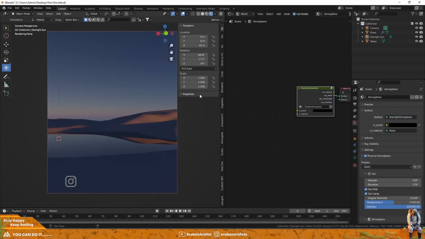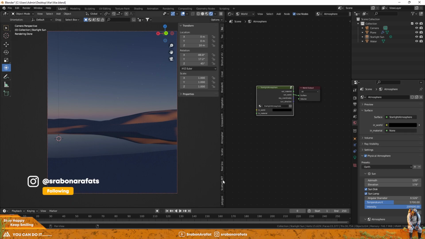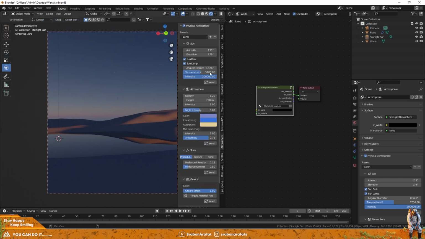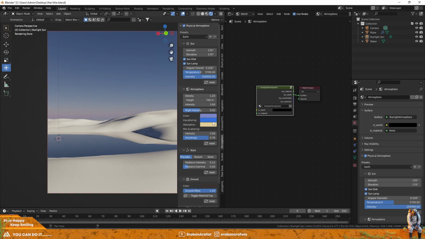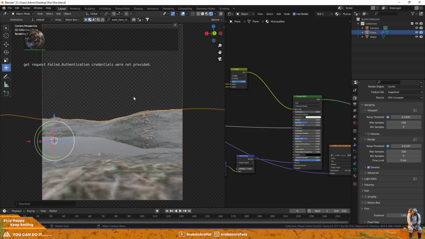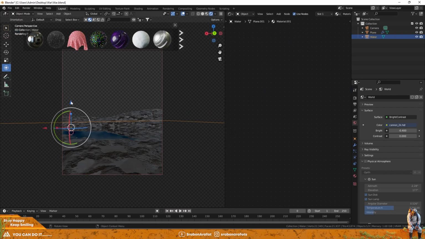However, I was not satisfied with the HDRI, so I removed it and added the physical atmosphere. I also used a ground material from the Blender kit and made some position fixes.